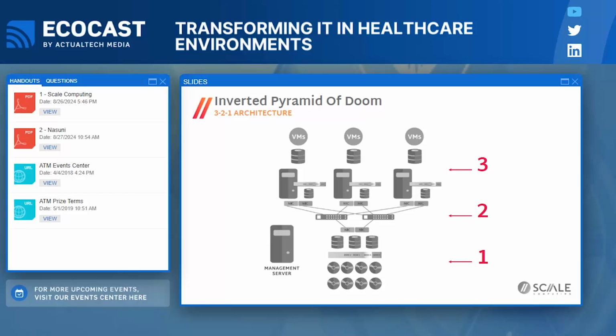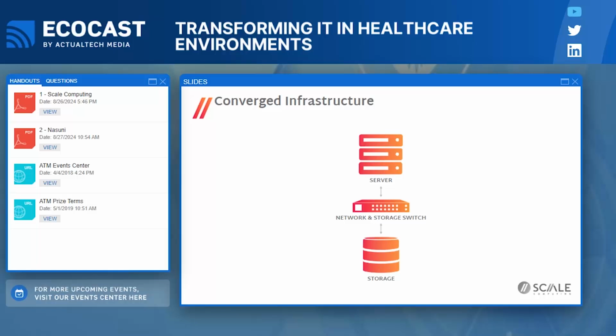But despite the drawbacks, 3-2-1 has been in place for a long time, and it provided the essential features that we have adopted at Scale Computing, like high availability and live migration of VMs, that make it a very viable option for virtualization, and has been for many years. Now, the more efficient alternatives that have emerged, of course, are in front of us today, and that comes with the idea of converged infrastructure.